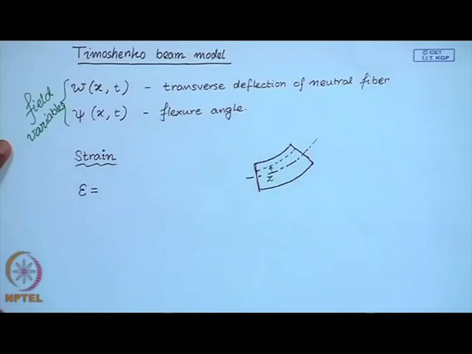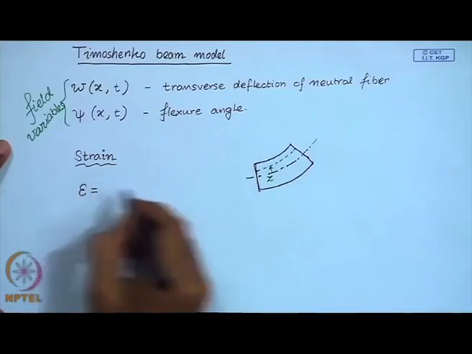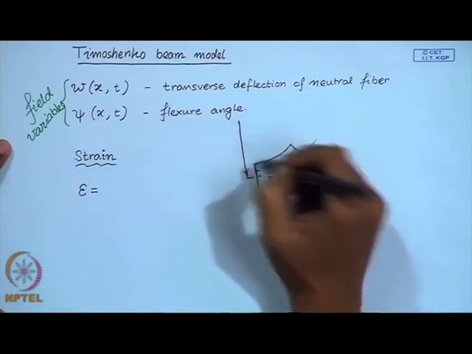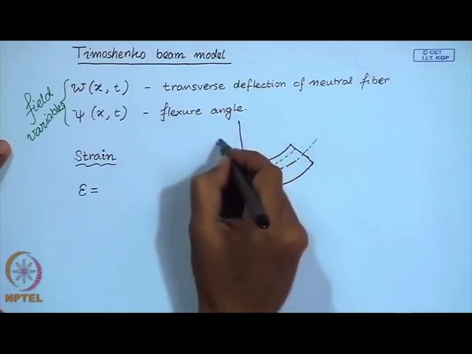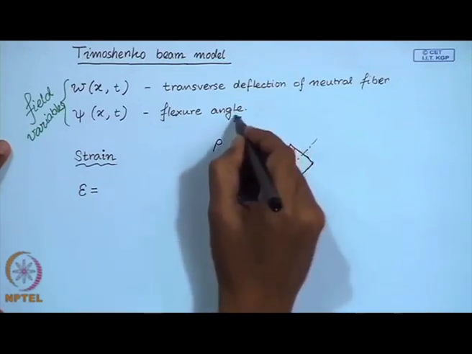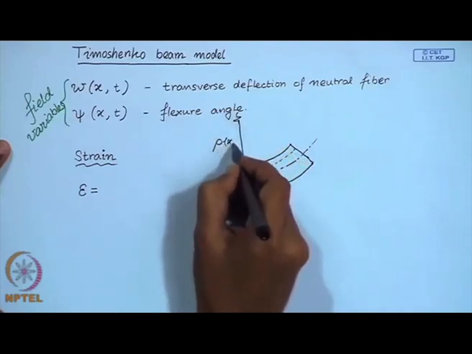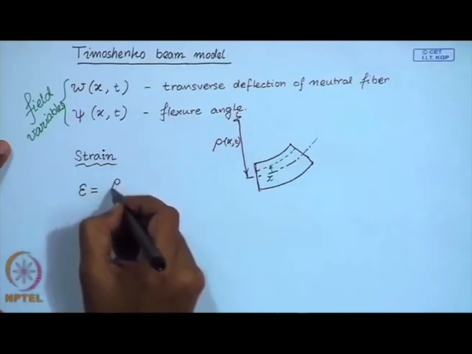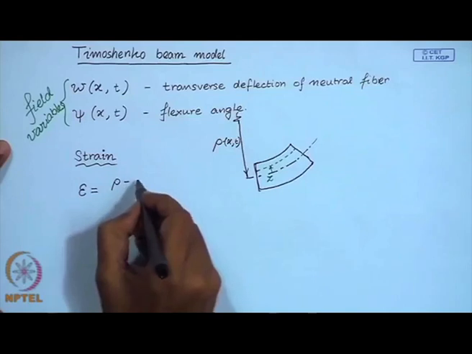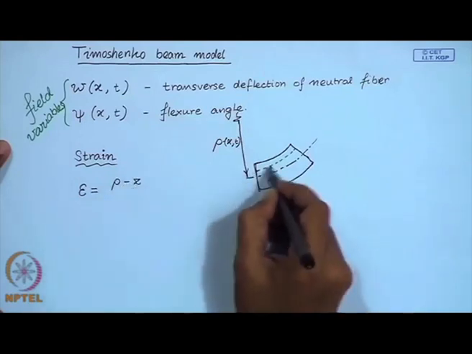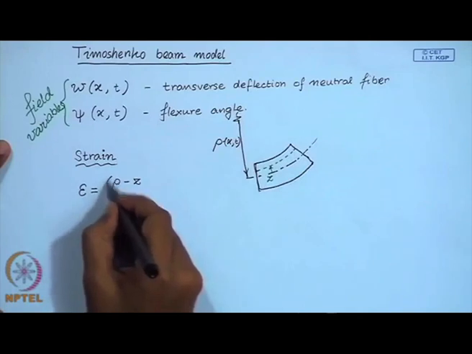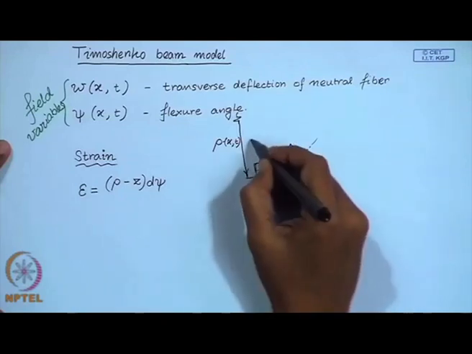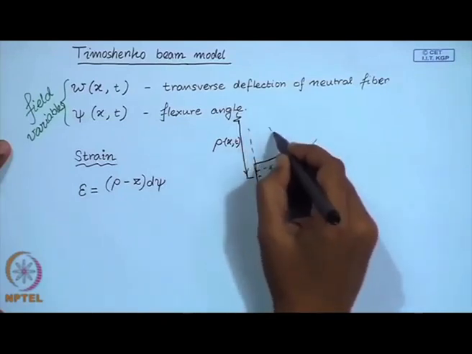So, if rho is the radius of curvature, then rho minus z, which is this radius, times, so this angle is d psi. So, the additional angle